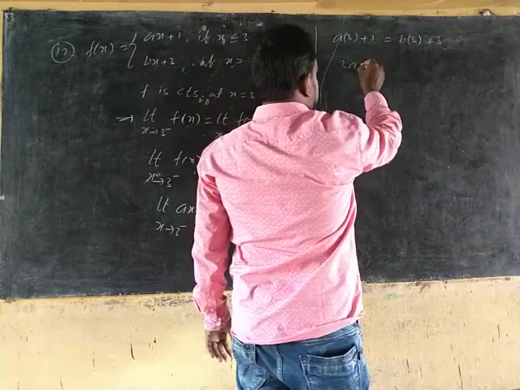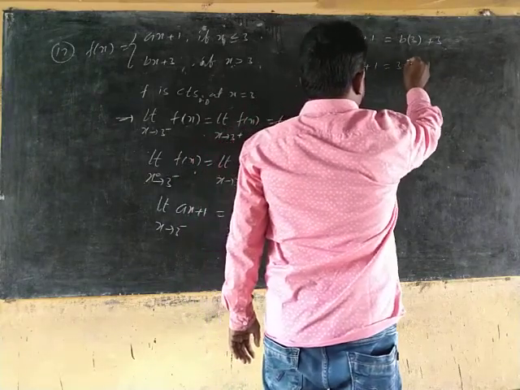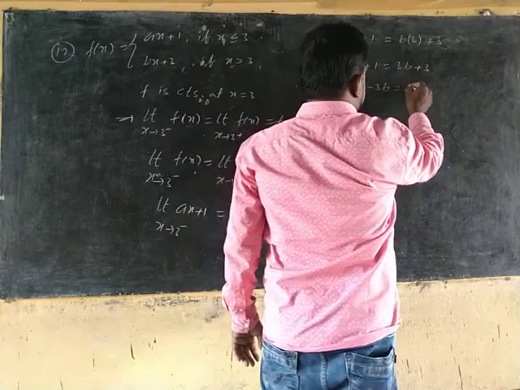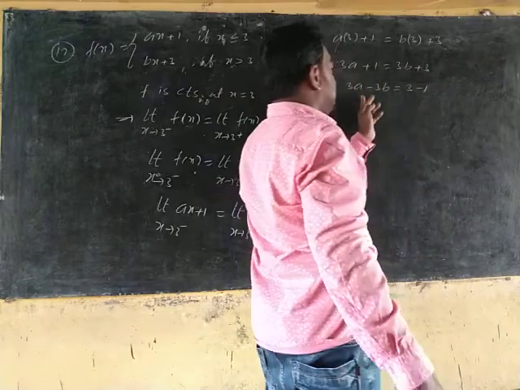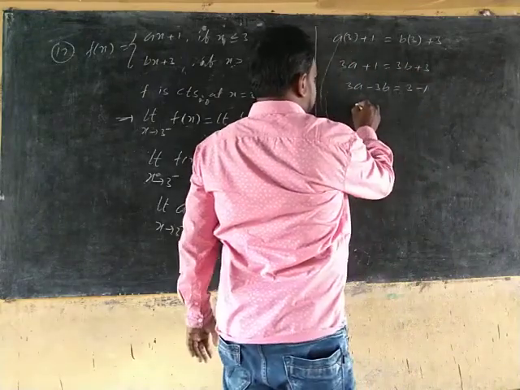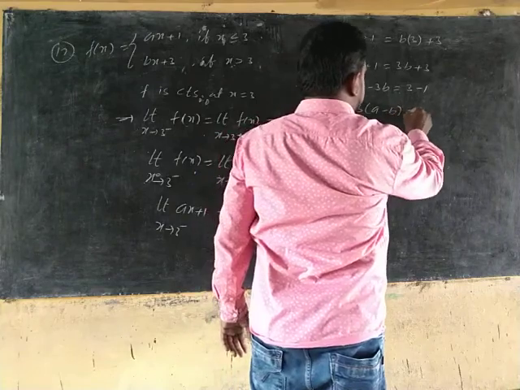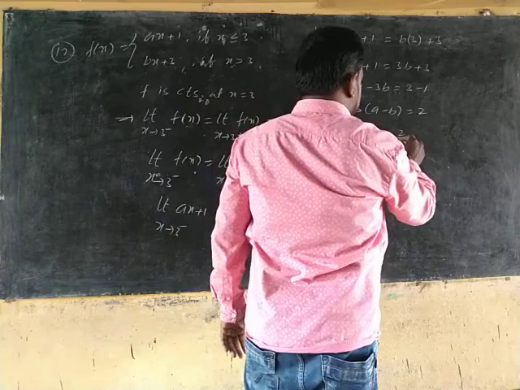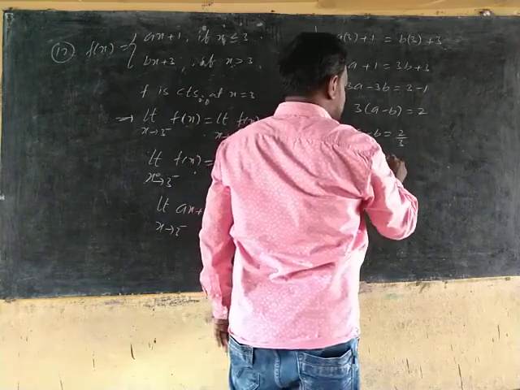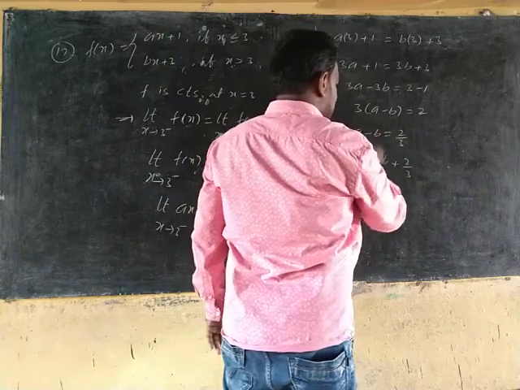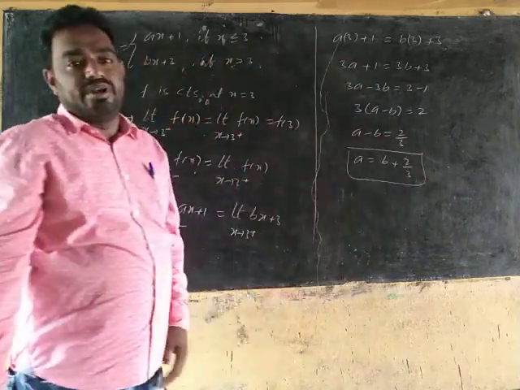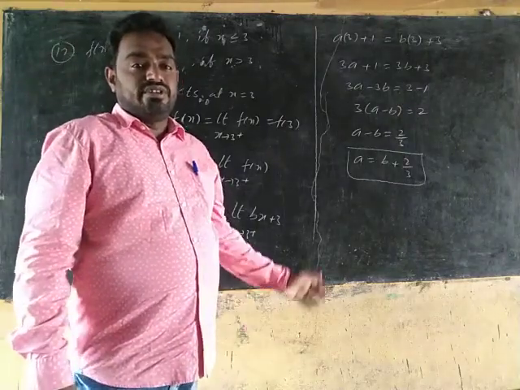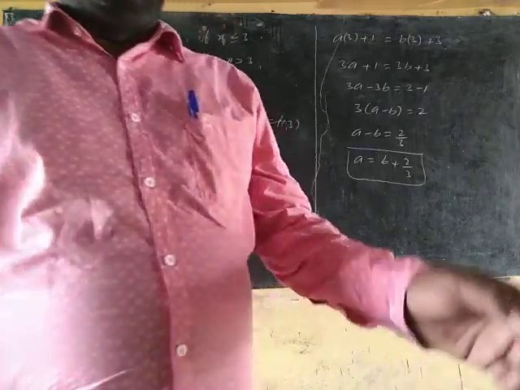That is 3a plus 1 is equal to 3b plus 3. 3a minus 3b is equal to 3 minus 1. 3b is taken to the left side, 1 is taken to the right side. 3 is common, a minus b is equal to 2 by 3, or a is equal to b plus 2 by 3, is the relation between a and b. The relation between a and b is a equals b plus 2 by 3. This is the answer. Next,